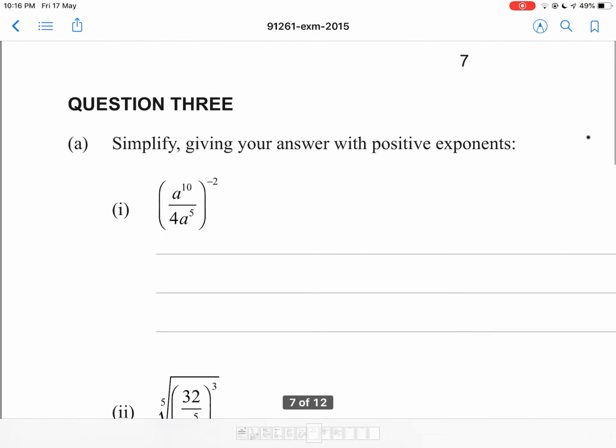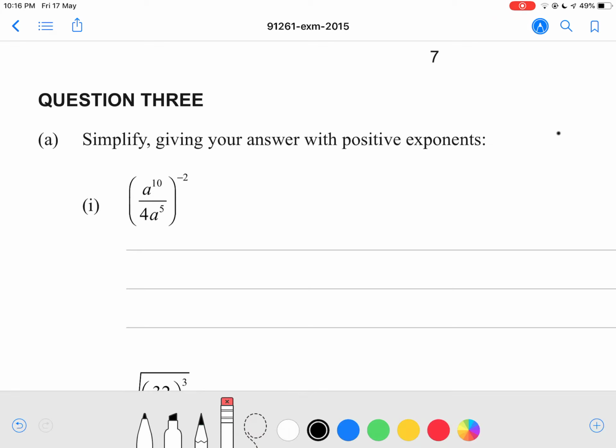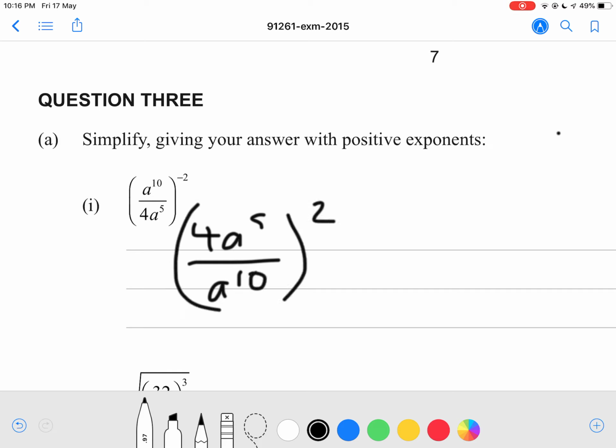Okay, so simplify, give me your answers with positive exponents. So a to the power of 10 divided by 4a to the power of 5, everything to the power of negative 2. Okay, so in order to make the negative 2 a positive 2, we're just going to flip the fraction around. So we're going to say 4a to the power of 5 divided by a to the power of 10, all to the power of 2. And that equals